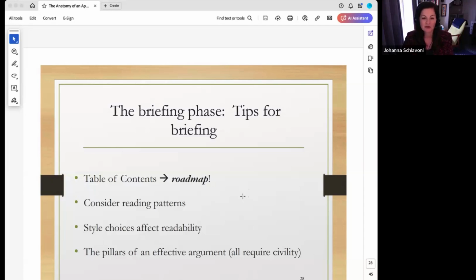I want you to consider the reading pattern. More and more judges and justices are reading everything electronically. They have an iPad or a computer. And so we really need to be attuned to how people read on the page electronically. I'm going to show you a couple of the most common reading patterns and give you some examples. I'm going to share with you what I think are some style choices that affect readability,